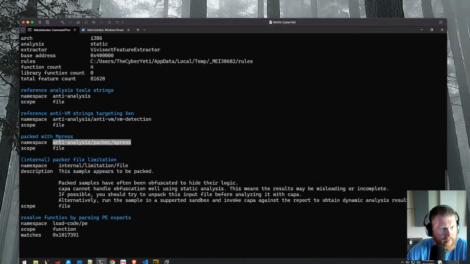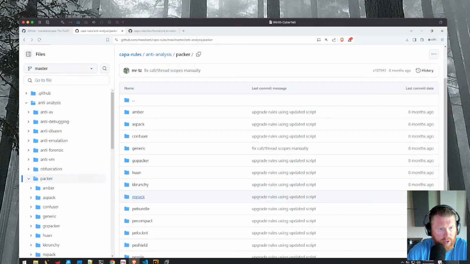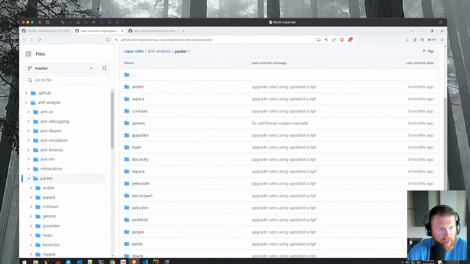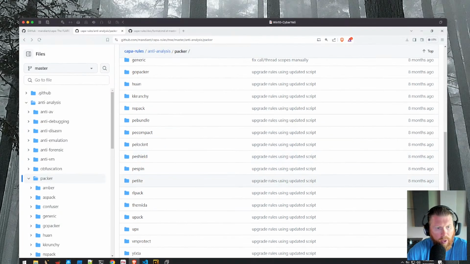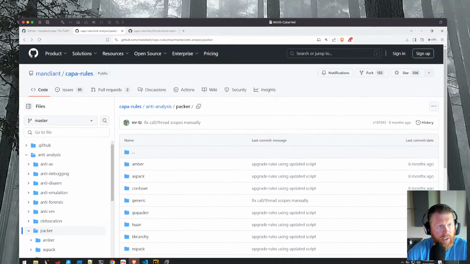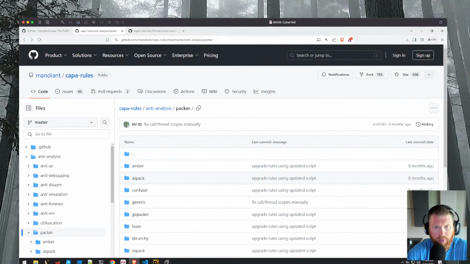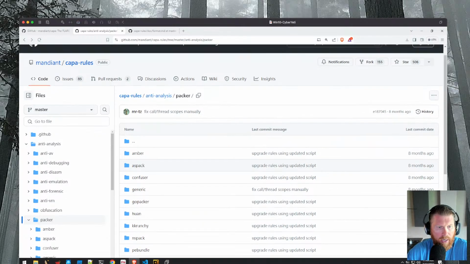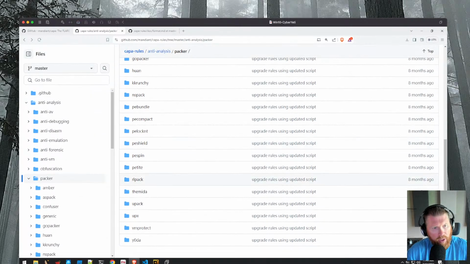I'm sure, though, with enough digging, we'd be able to find it. Maybe it's just obvious and right in front of me. Maybe it's a little bit more tucked away somewhere, but it's likely in here. Probably the easy button at this point would be just to search. Maybe I download the repo, put it into Code or Studio, and just search for mpress. I'm not really entirely sure, but we could,